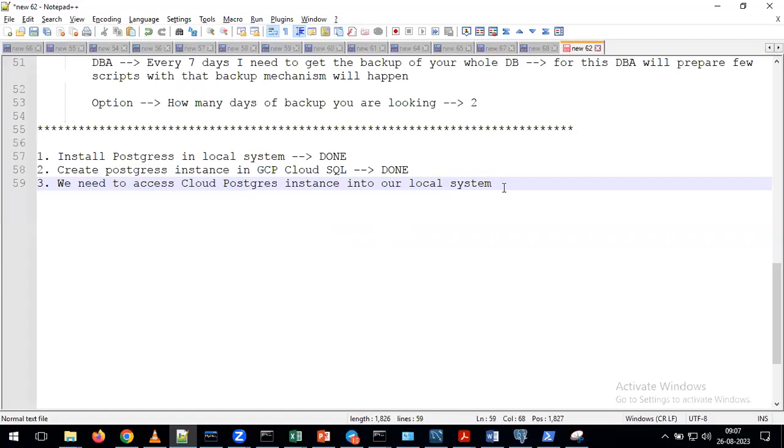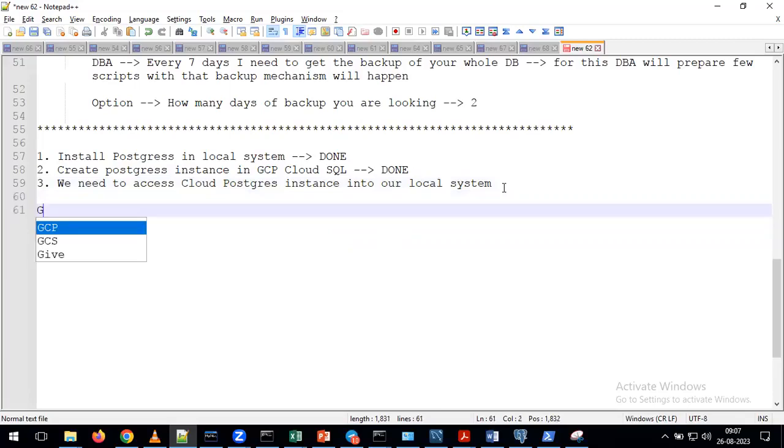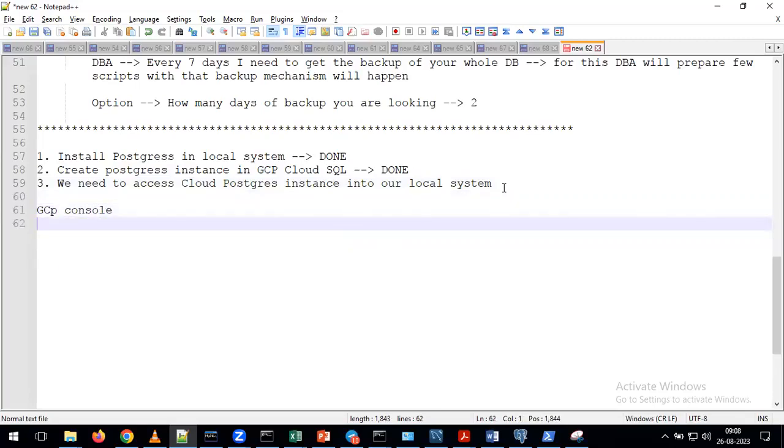From the local system, I want to control the Cloud Postgres. If you remember, earlier we were doing the activities from the GCP console. Instead of doing these activities from the console, we can use the Cloud SDK. We access Cloud SDK from the local system, and from the local system we access our GCP service. In the same way, the Cloud SQL Postgres instance that I created, I need to access from our local system.